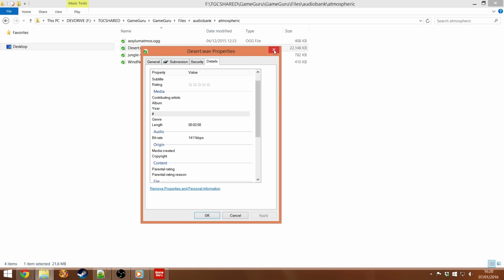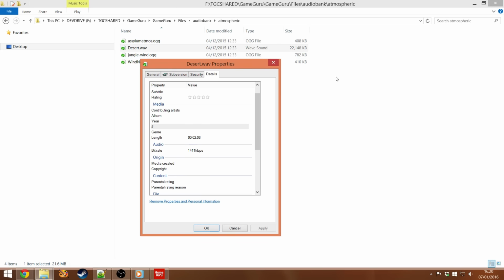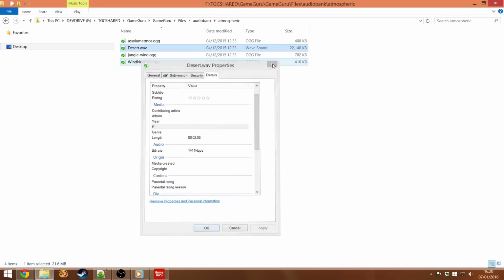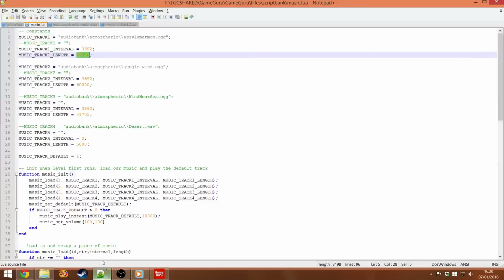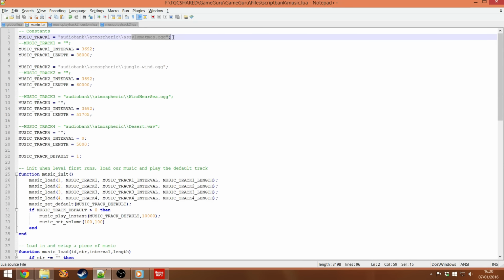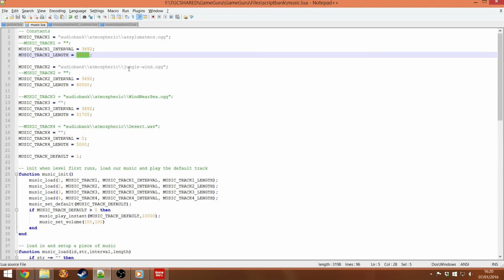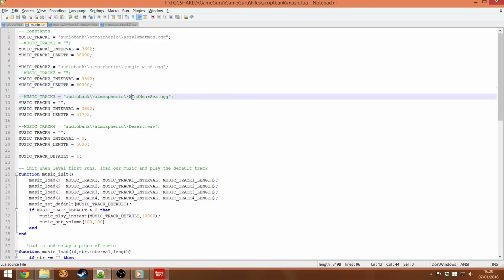But my guess is you probably don't need to add those values. You just add the music that you want and it'll just figure it all out for you. They might just be left in for some other reason. But those are guides. So Asylum Atmos is this, and then Jungle Wind is that, and then Wind and Near